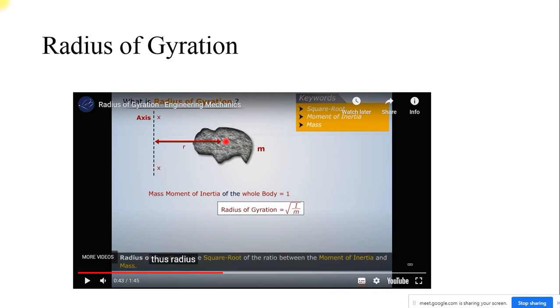So you compare the same thing to the design of shaft. If there is a critical speed in a shaft, what happens? The shaft tends to rotate away from the axis. So that would be a certain mass. If there is a certain mass, then the radius of gyration would be defined as the square root of moment of inertia divided by the mass of a certain object. So this is just a glimpse about the radius of gyration. So let's move on to the next.